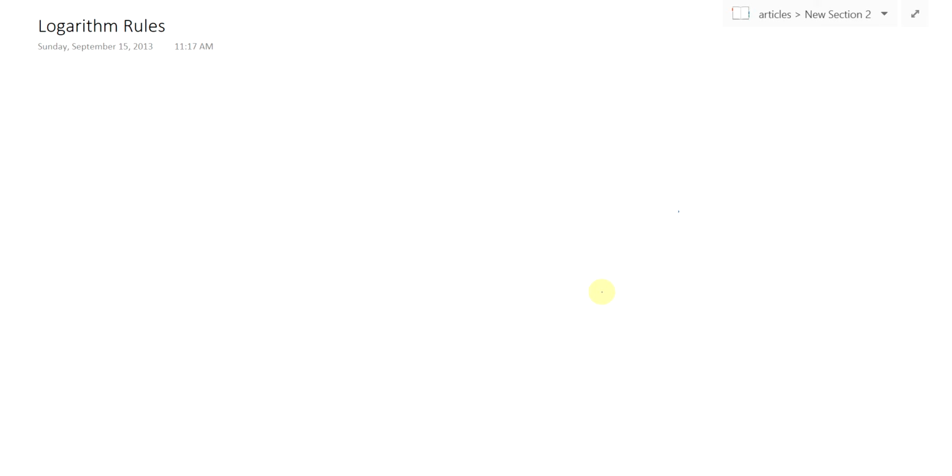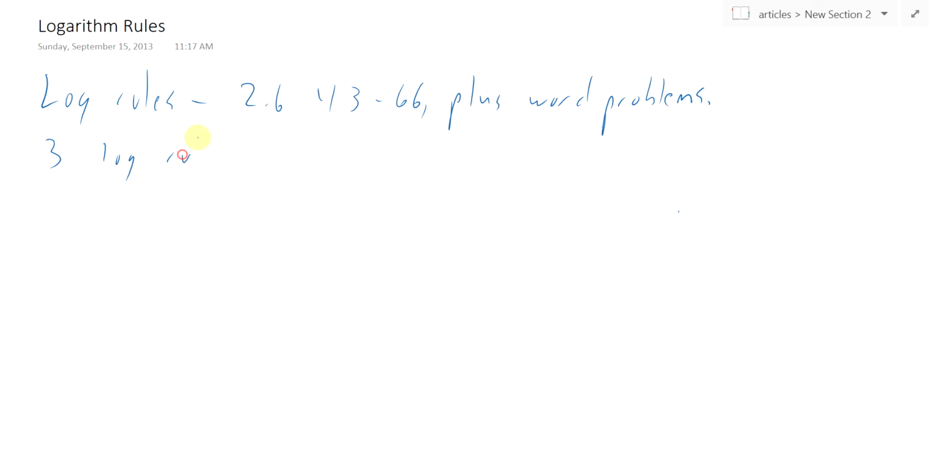Okay, and so now to finish off section 2.6, we'll look at log rules. And this is problems 43 through 66 in the book, plus some of the word problems about doubling time and stuff like that. So there are 3 log rules about how logarithms